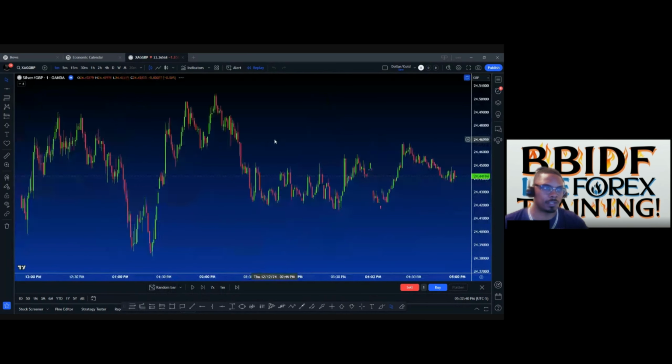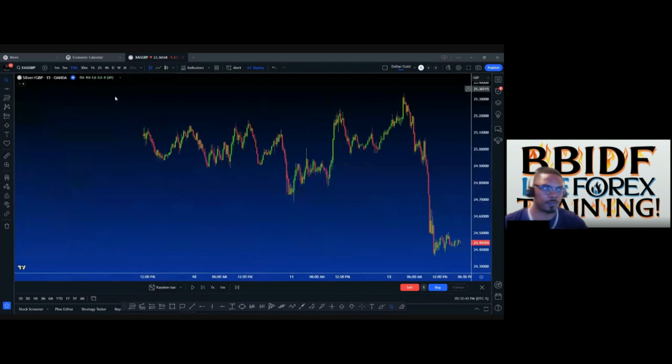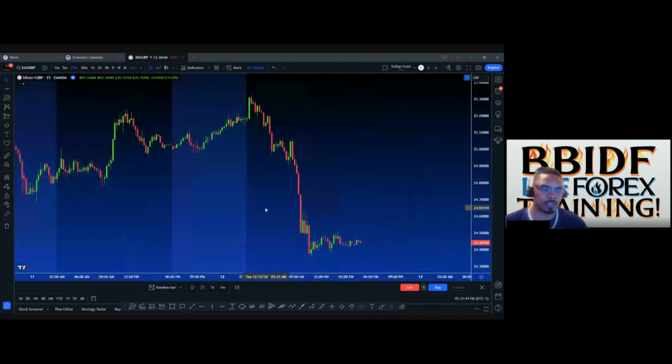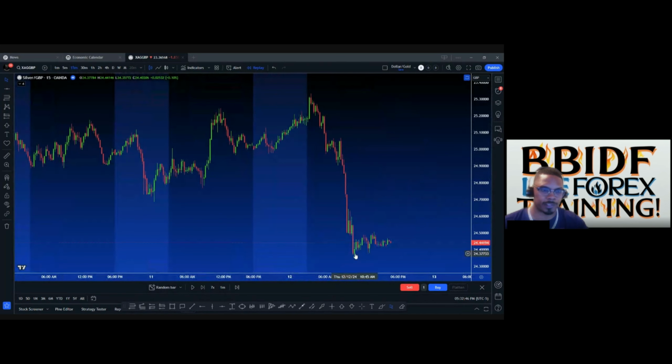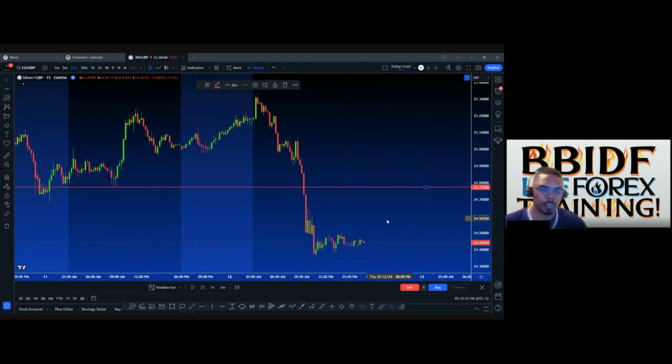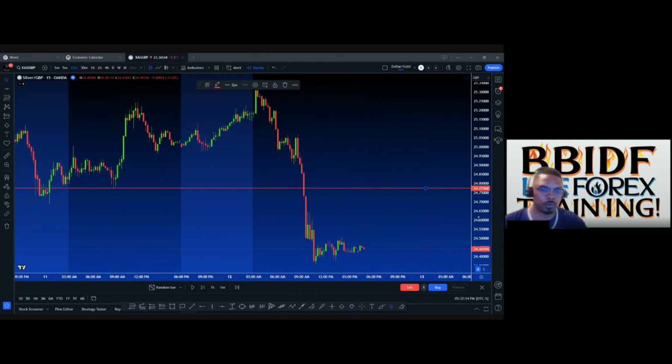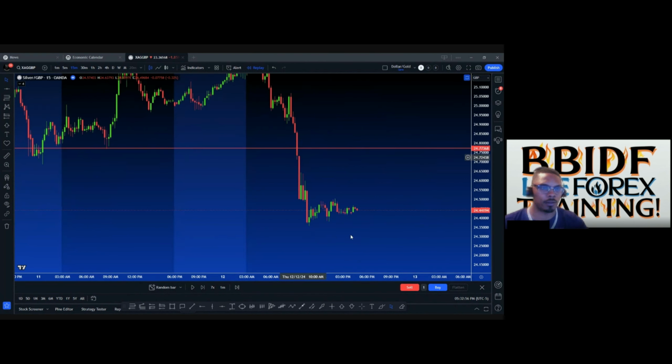So with this, I'm on the 15, and again, it still looks down. Price made a drastic move down. It broke this structure right around here, so I'll put it right there. It broke right there, and then it kept going lower. So the trend is down. I want to be looking for sells.